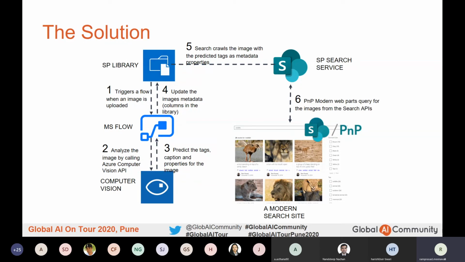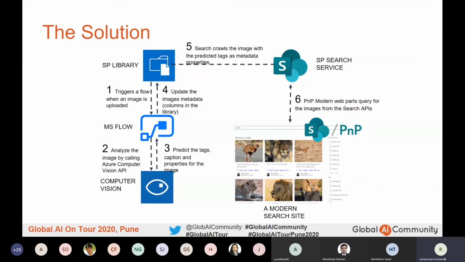Then the UI or front end, which you saw in the demo at the beginning of this session, is built using the PnP modern search parts. These are SharePoint Framework web parts, which are open sourced. You can go ahead and use them.